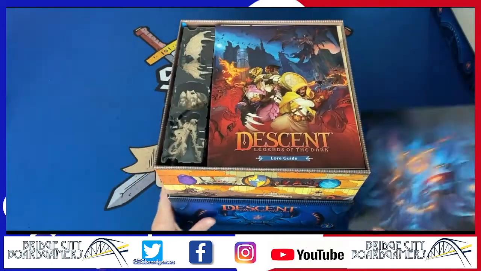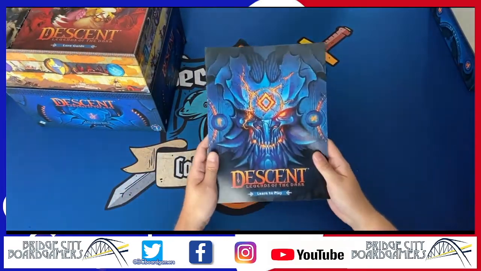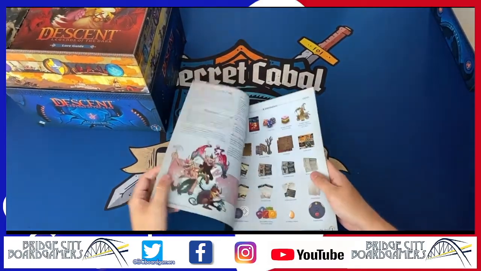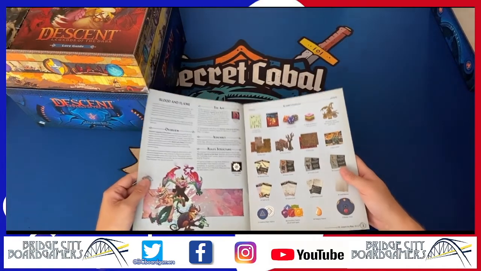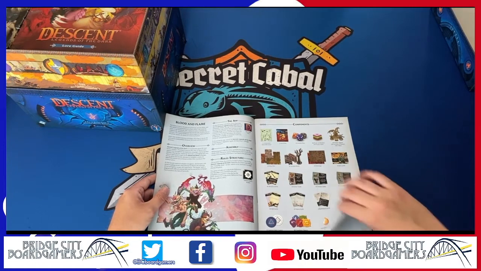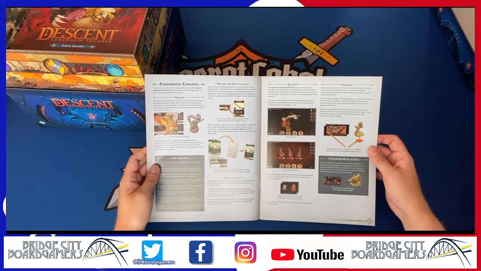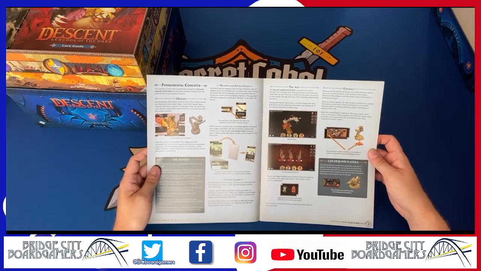Let's slide this big massive box off to the side for a second, and let's take a look at the Learn to Play book. Okay, you got your cover art there. Let's take a look at what we're going to get into. So lots of different types of components. Going through fundamental concepts, the heroes, the weapons, the app, the enemies,